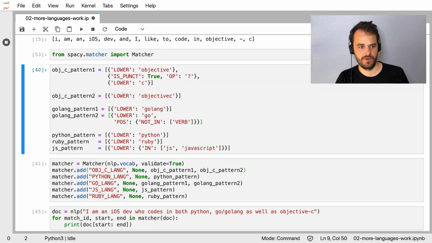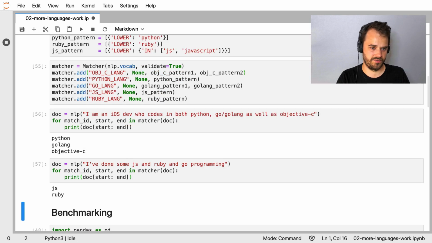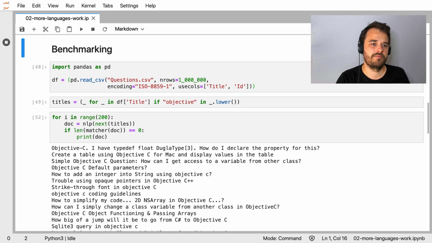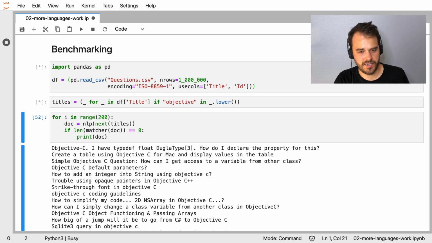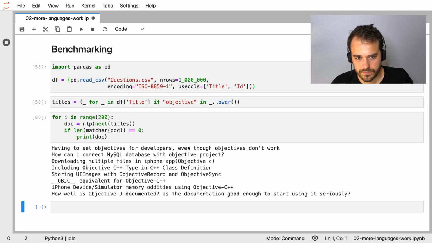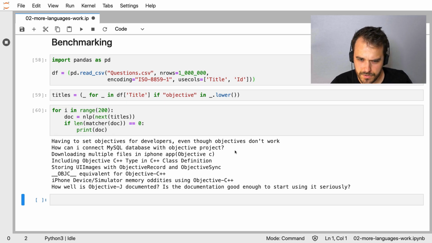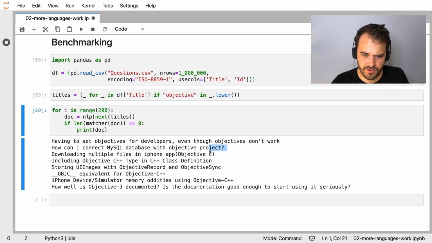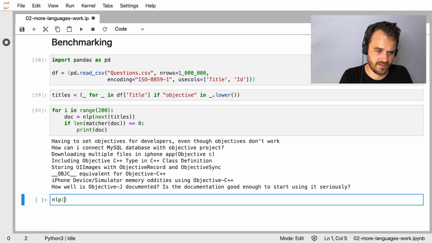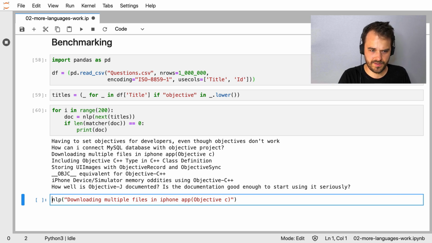Okay, so now when I run this, the matcher gets a reset. Now when I use a different matcher, I can run the same benchmark and see if the results that come out are any different. Okay, so first of all, I'm seeing less stuff come back, which is a good thing. But also something that I notice, if I just take this as an example, in this case I'm fine with the matching, but if I look at stuff like this, and I give that to the NLP object and say, show me the tokens,